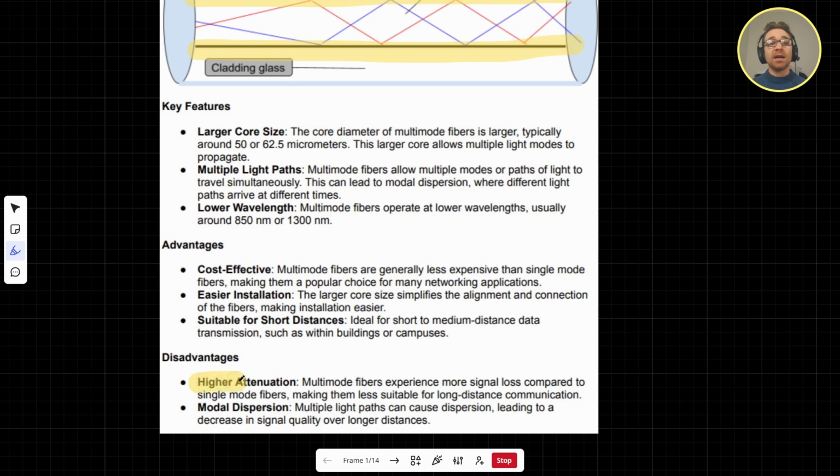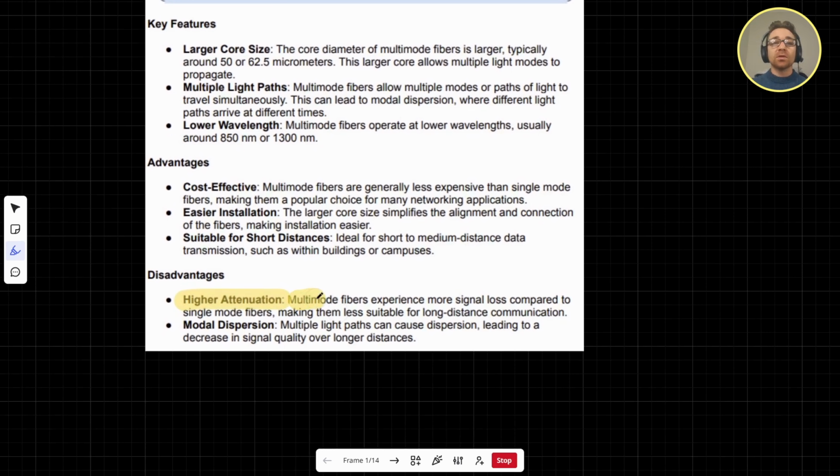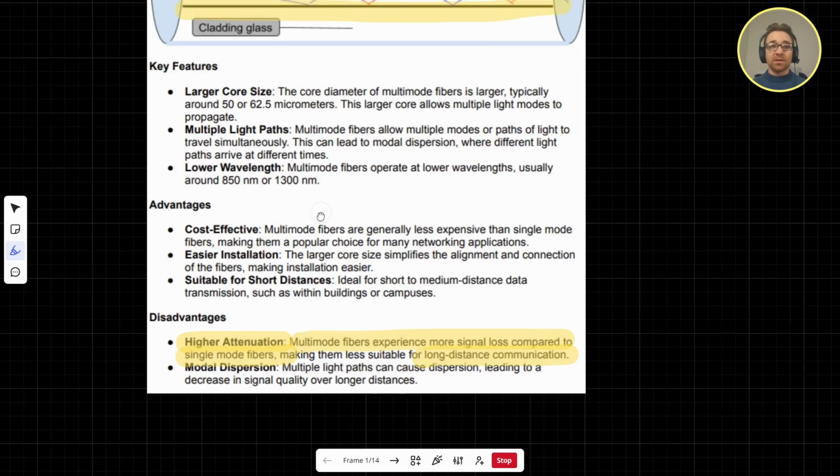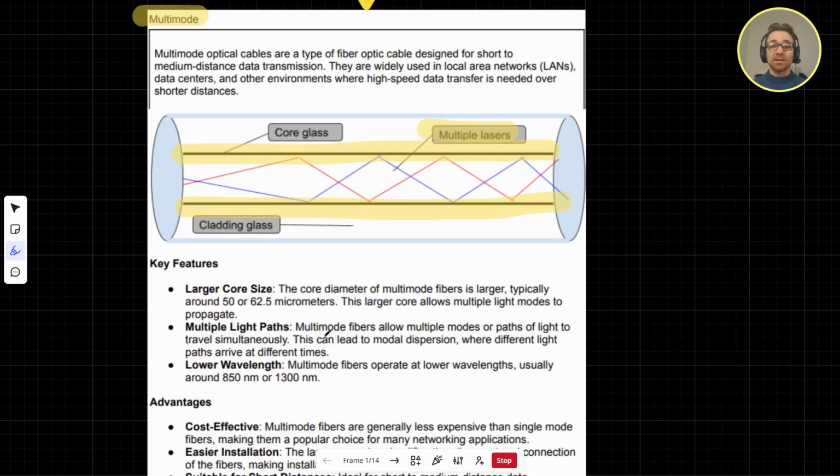it may have higher attenuation, which basically means multi-mode fibers experience more signal loss compared to single mode fibers. So generally, it's going to be shorter distance. It's less suitable for long distance communication because the longer it goes, the more signal loss it experiences. It's still super fast over reasonable distances, definitely longer distances than Ethernet, therefore more expensive, but not as long as